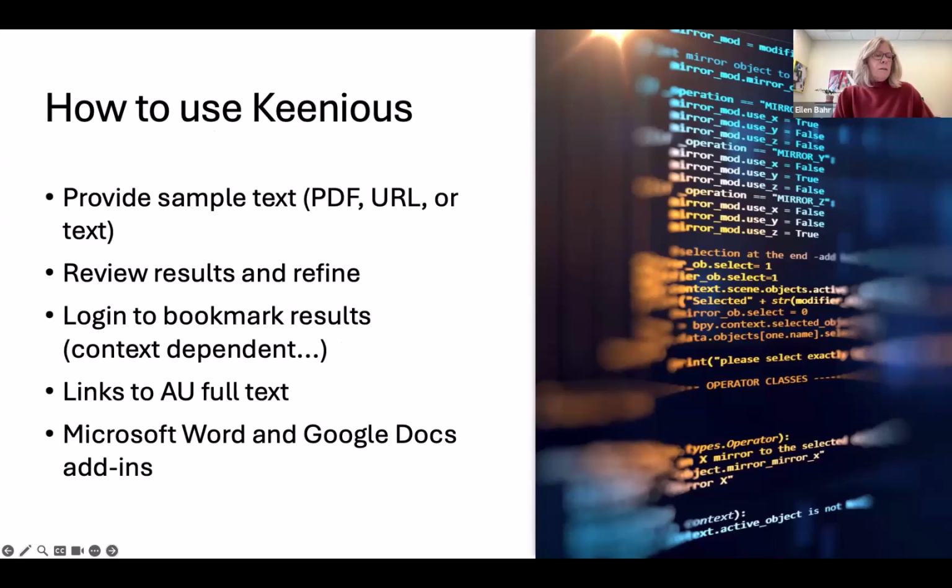There is the option to bookmark articles as long as you're logged into Keenious. And Keenious also uses OpenURL to link users to full text. So our users can link to Alfred University full text. And if we don't have full text, they can access the interlibrary loan or resource sharing request options. There are also Microsoft Word and Google Docs add-ins or extensions so that you can use Keenious from right within